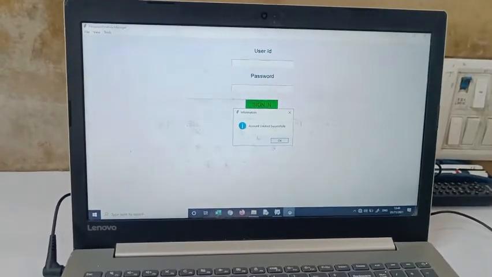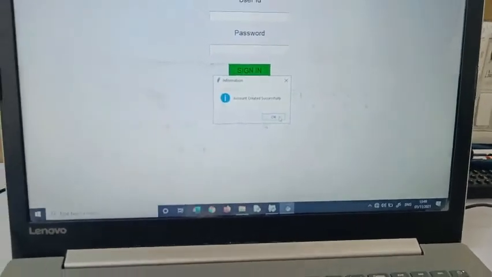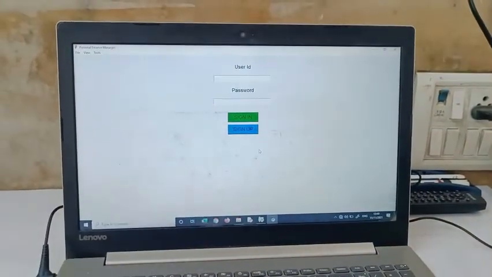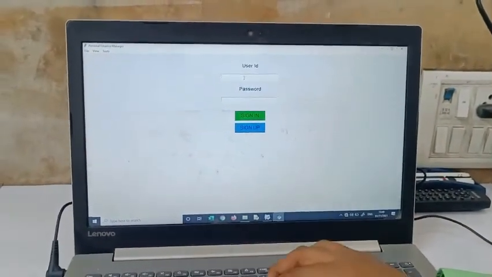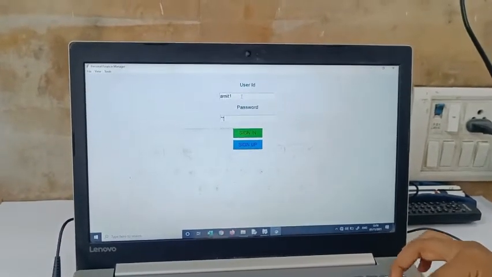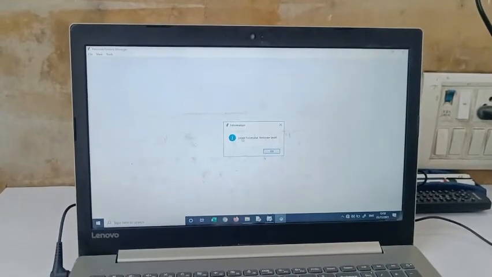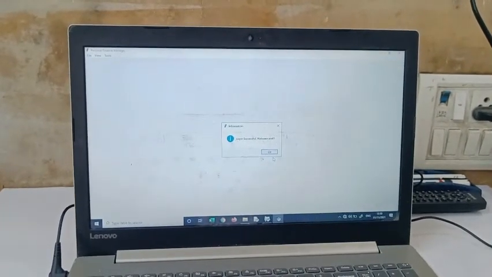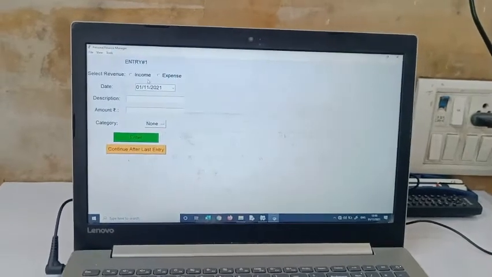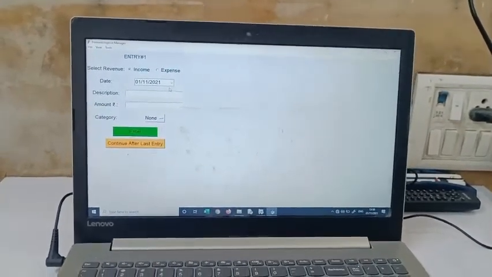Okay, after submitting, a pop-up will come: account created successfully. So here I will log in now. Amit1, 1245 was the password. Signing in, you will see login successful, welcome Amit1. Okay, so here you have to create your first entry. For the first entry, I select income, like money coming to me.